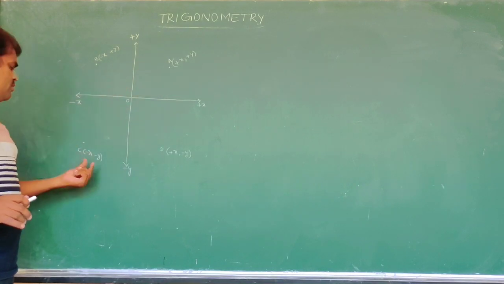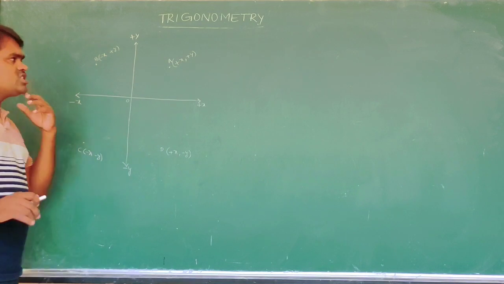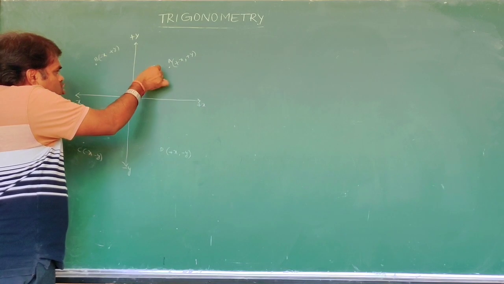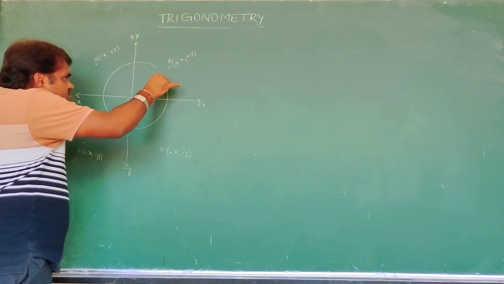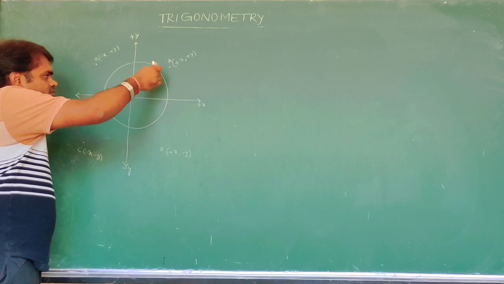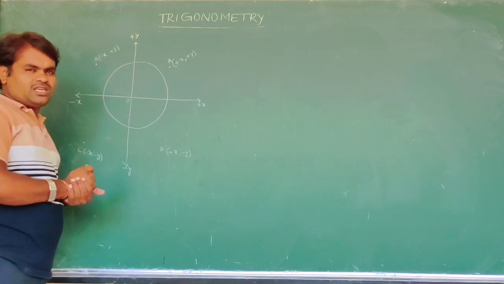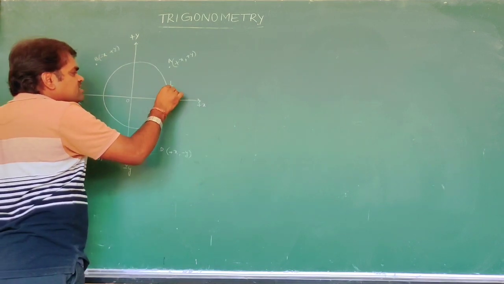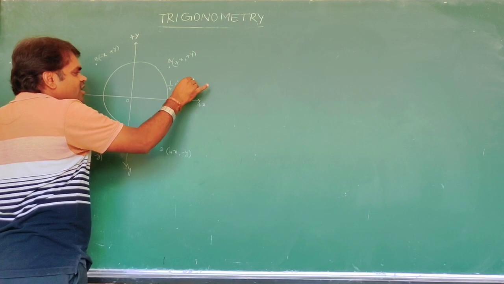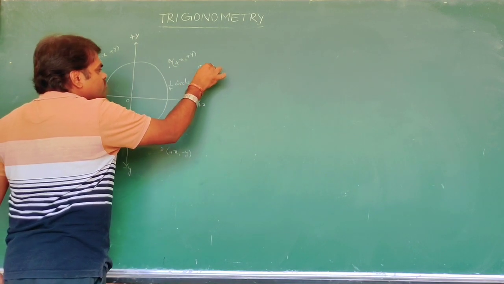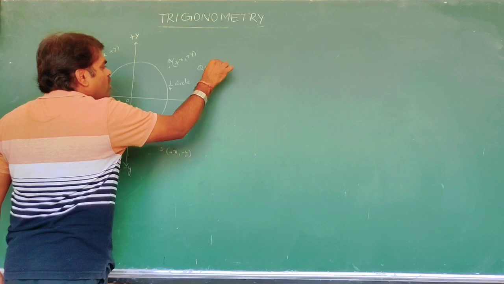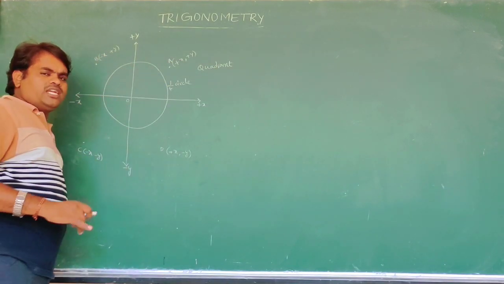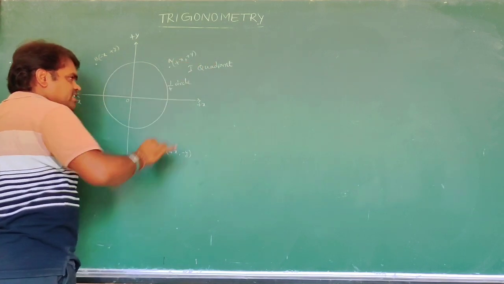We can simply say based on the points, because both are positive, it is the first quadrant. That's why we can assume a circle in this coordinate system. The total angle of the circle is 360 degrees or 2 pi radians. One fourth of the circle is called a quadrant. Where all x and y coordinates are positive, that is called the first quadrant.